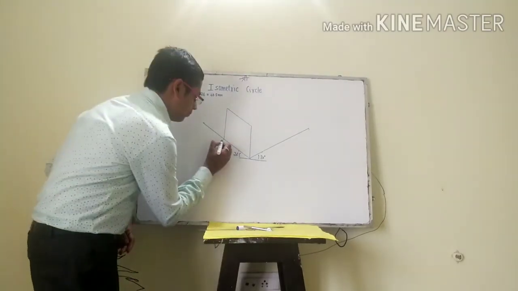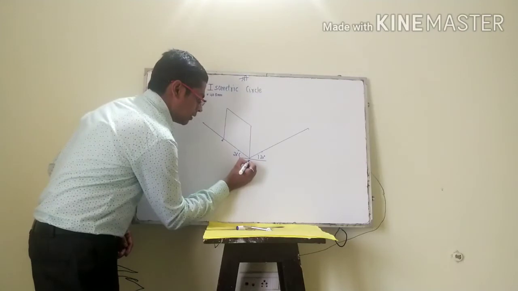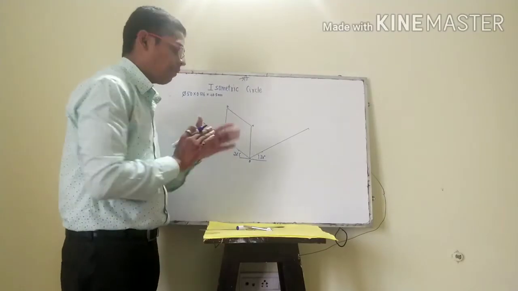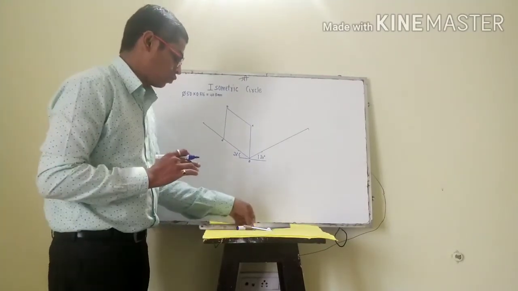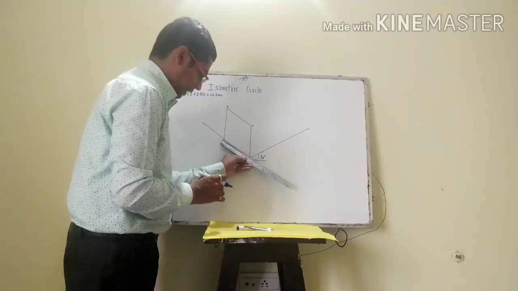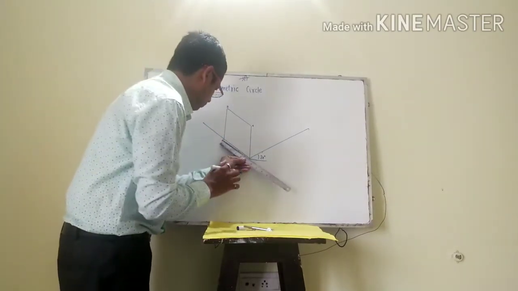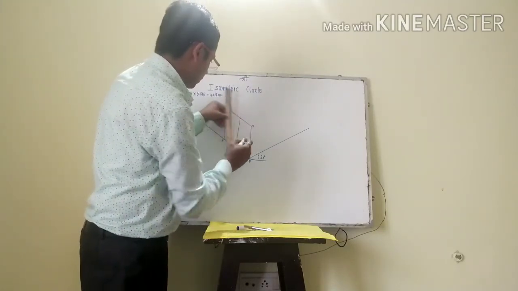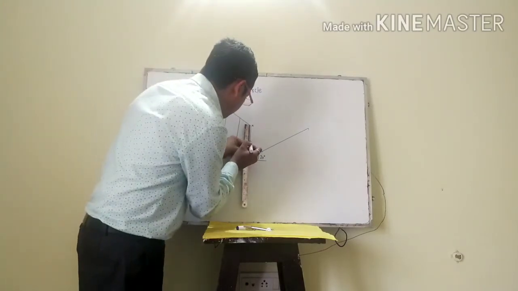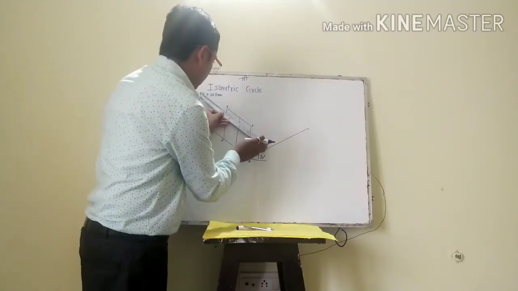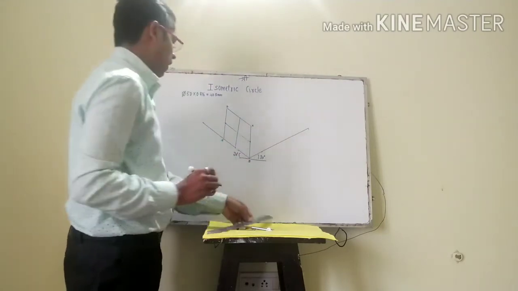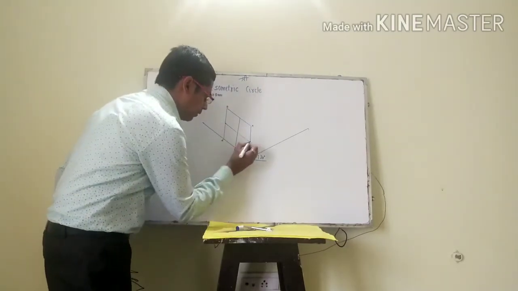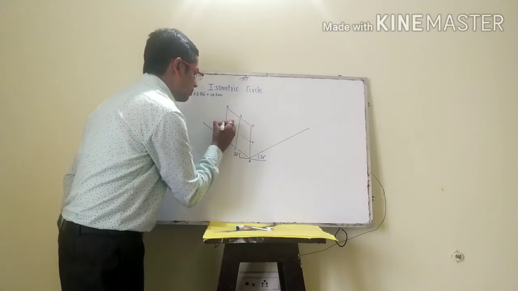Naming I will give just for understanding purposes. This is A, this is my B, this is my C, and this is my D. Next step, divide this into 4 equal parts. So how to divide? Suppose this is 40.8, so half will be 20.4. I will mark here and draw one parallel line to this. Similarly, I will mark here also and draw one parallel line to this. So I have divided this into 4 equal parts. Let's give the naming to this also. This is my 1, this is my 2, this is my 3, this is my 4.